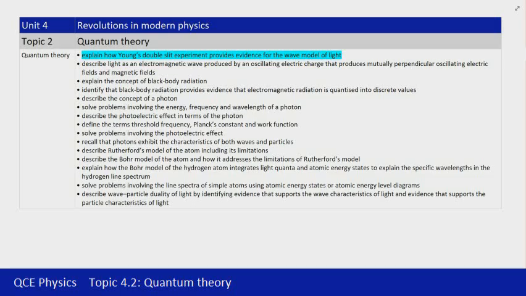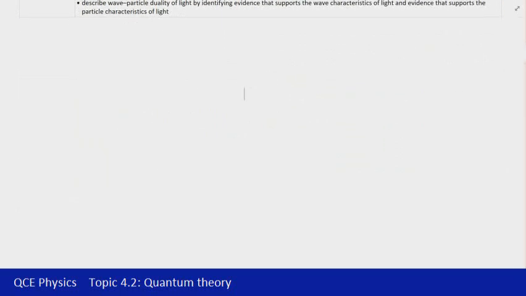The first dot point there that's highlighted deals with evidence for light being a wave, but before we get into that, I want to just talk a little bit more about light and the models that we can use to describe it. So the first thing to be aware of is that light is energy. We've seen that before. We know that light's energy, lots of different forms of energy, light being one of those. One of the things that is important about energy is that it can be transferred, and there are two models